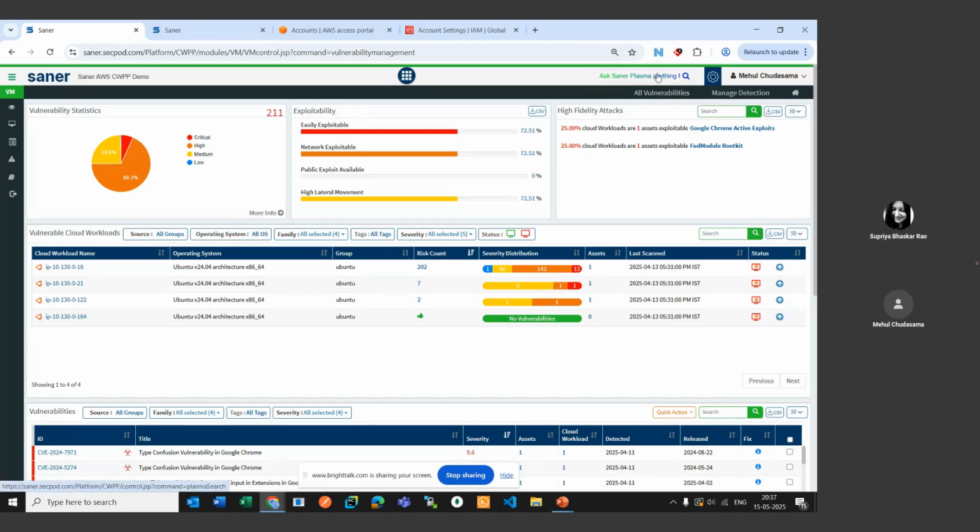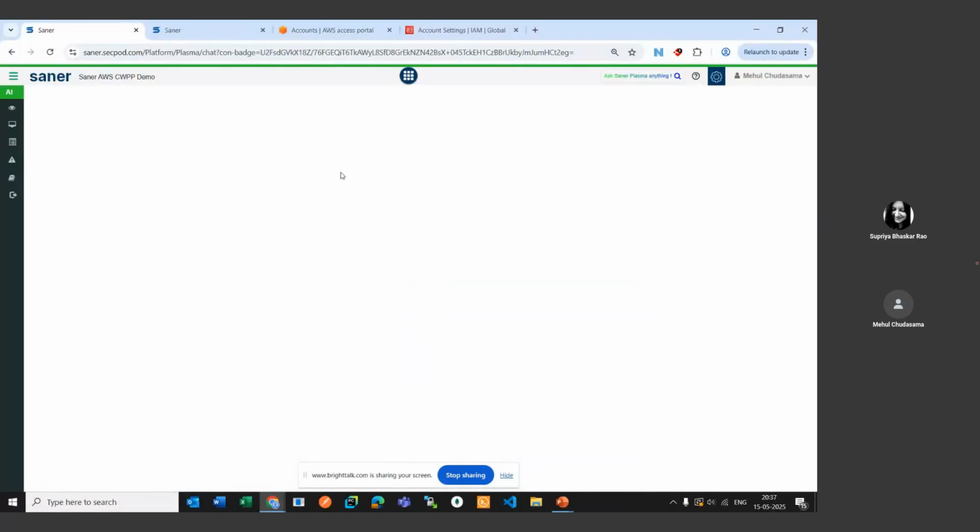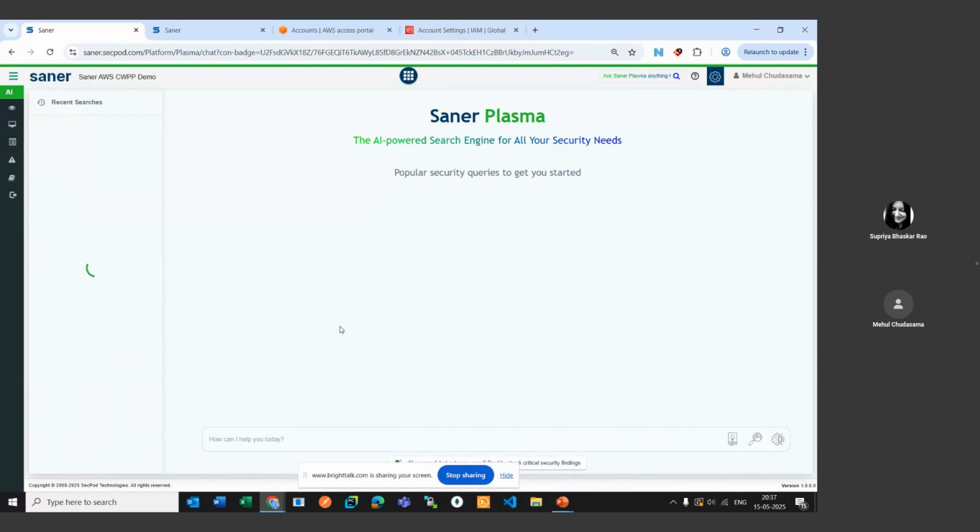One more thing I would like to show is our Saner Plasma AI, to which you can ask any question about Saner. For example, you can understand Saner by finding things from our documentation. If you click on the Learn section, you can also discover within your organization.